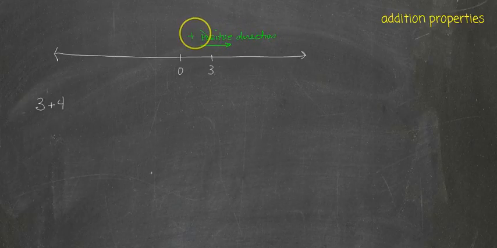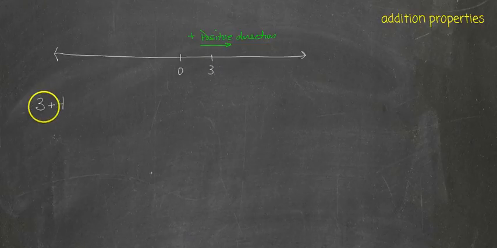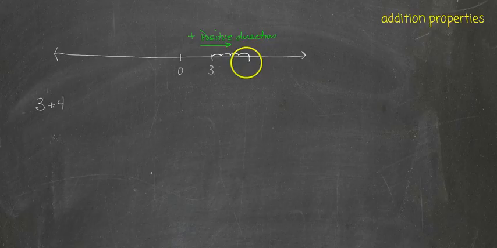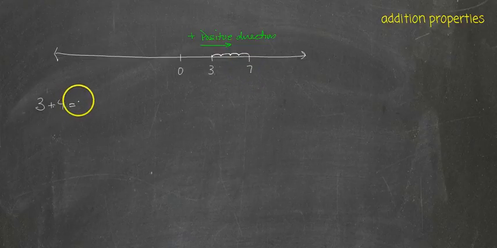Okay, so addition is in the positive direction, when you're adding a positive number to a positive number. So if I start at 3 and add 4, that means I want to go 4 more spaces to the right. I end up at 3, 4, 5, 6, 7. And so 3 plus 4 equals 7. Okay, so you didn't need a number line to see that, but